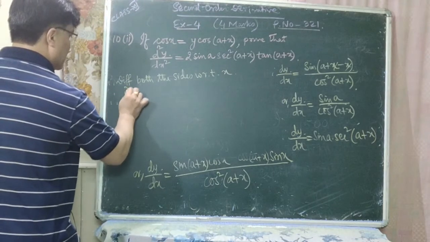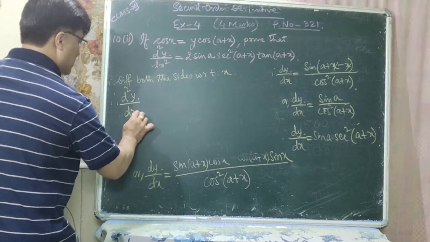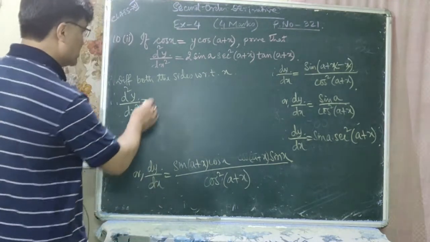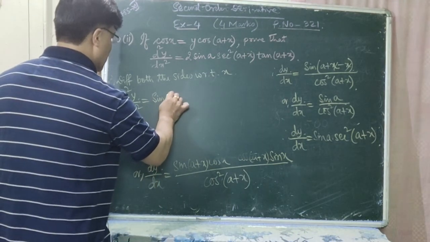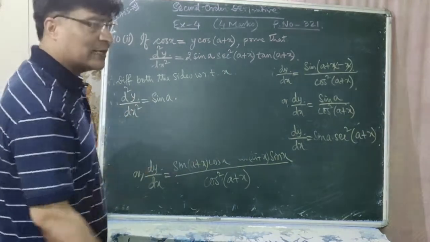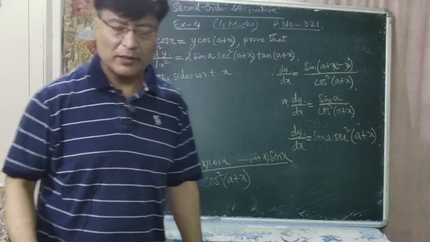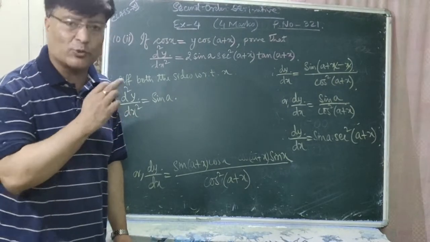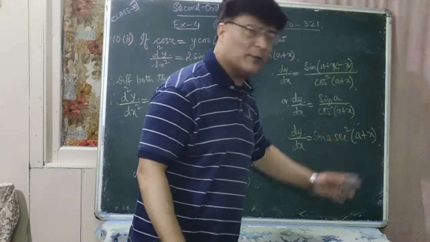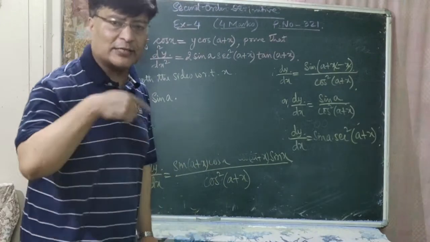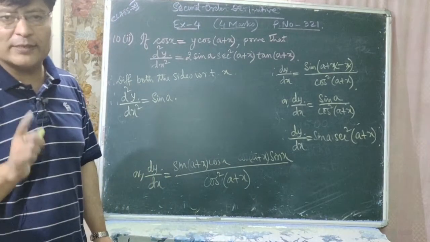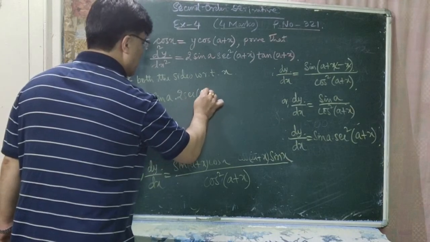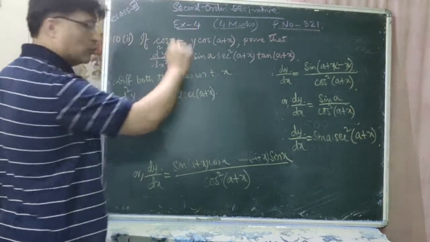So now dy by dx becomes d2y by dx square is equal to, since sine a is constant here, sine a remains the same, sine a into, now differentiate sec square of a plus x. First of all, it is in the form x square. This sec of a plus x is the variable. Let us take it as x square form. What is the differentiation of x square? It is 2x. But you should write 2 sec within bracket a plus x into,